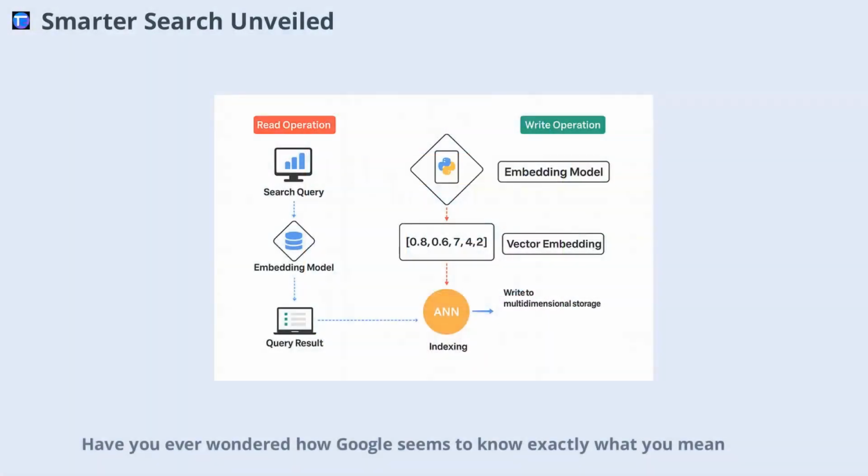Have you ever wondered how Google seems to know exactly what you mean? Or how Netflix recommends movies that fit your taste? Behind these smart suggestions is a technology called vector search, powered by vector databases. Today, we're taking a beginner-friendly journey into this world, showing you how searching by meaning is changing the way we